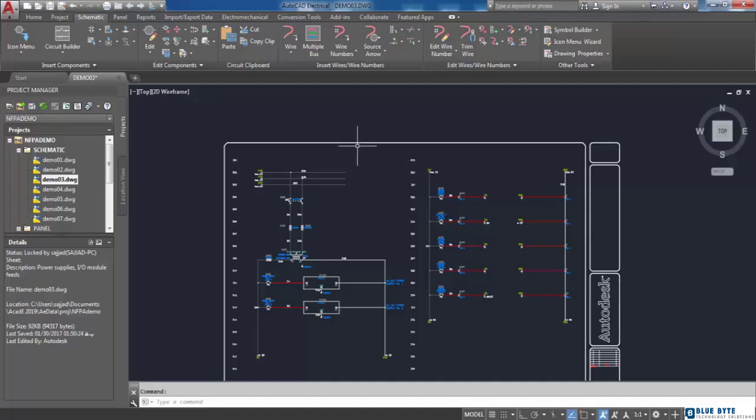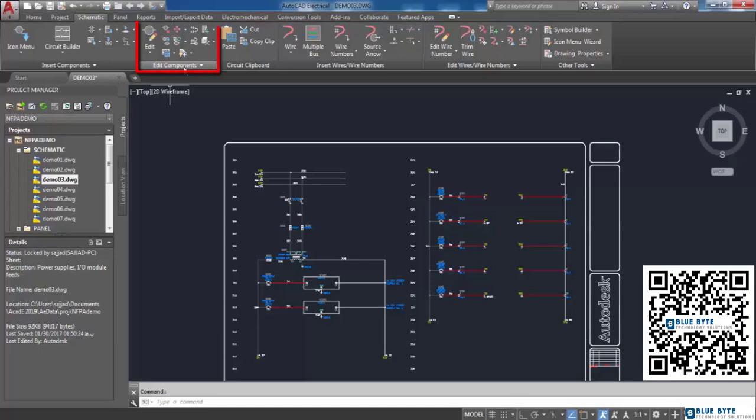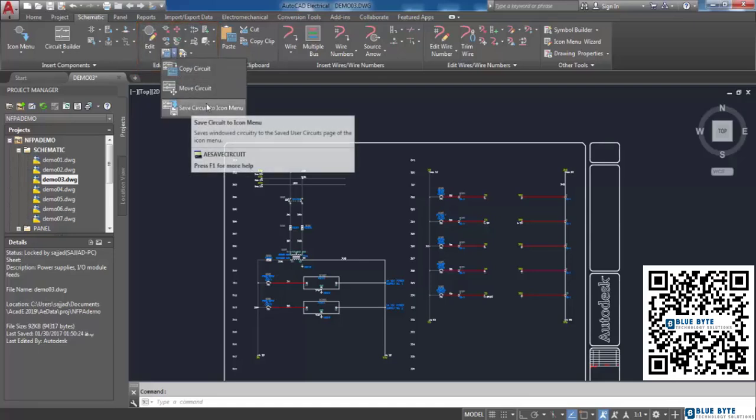Often you need to save a part or portion of a circuit and use it to insert into your new drawing. First of all, I open a demo drawing which contains a circuit. To do that, in the Edit Components panel, from the Circuit drop-down, I'm going to choose Save Circuit to Icon